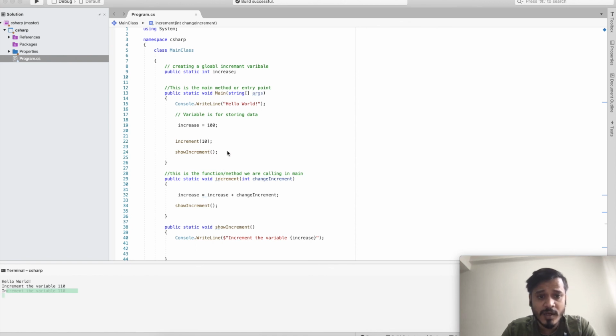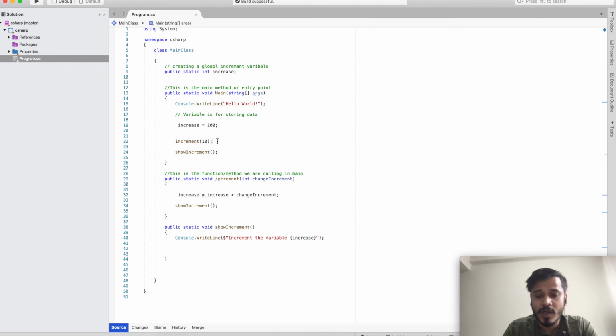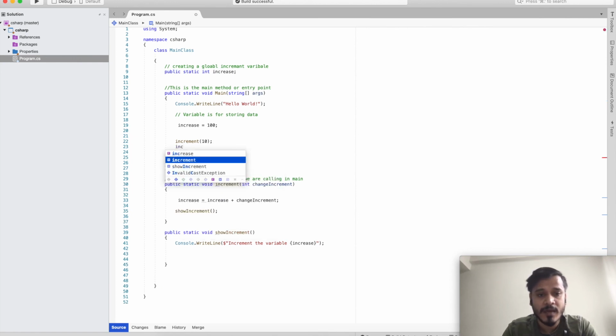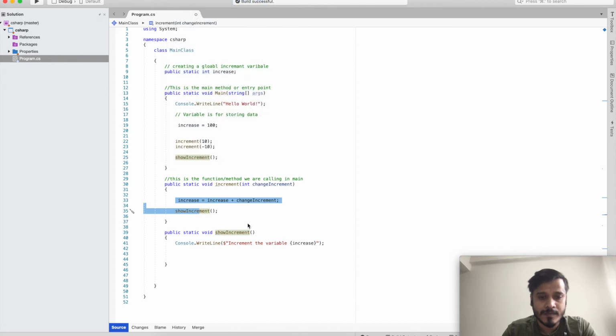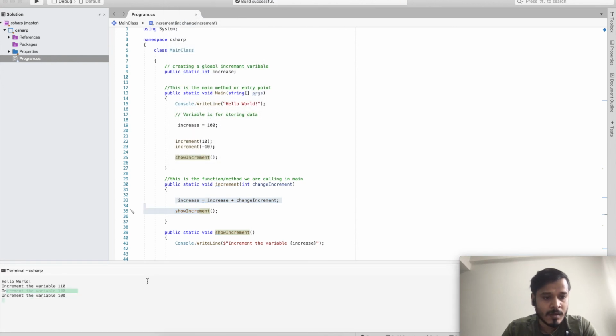And now, say for example, I want to increment or decrement the value, maybe there is some negative value also, and I'm just giving it like minus 10. It will now again call from here and print the whole thing again. So now if we run it again, it has decremented it.